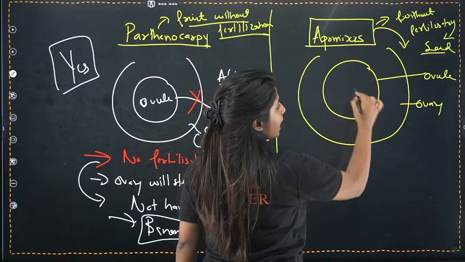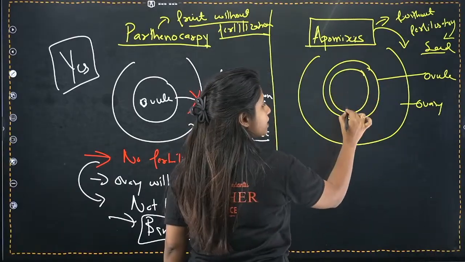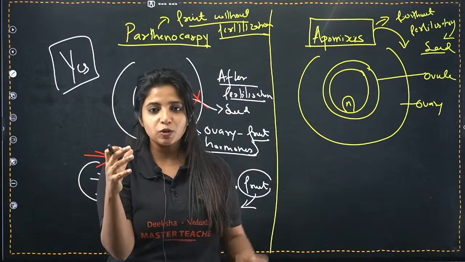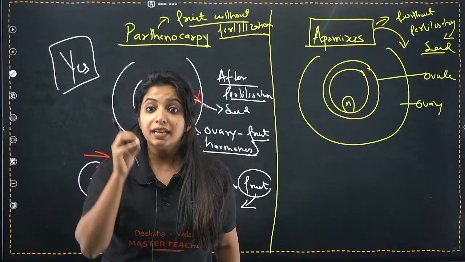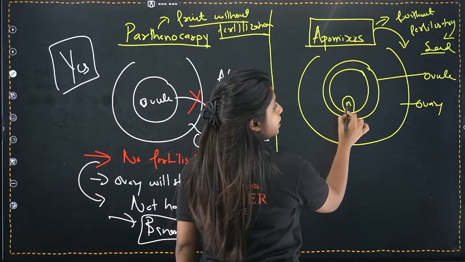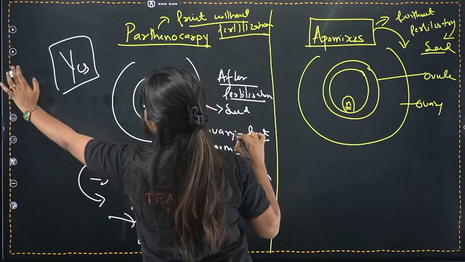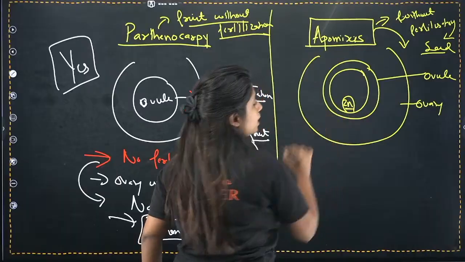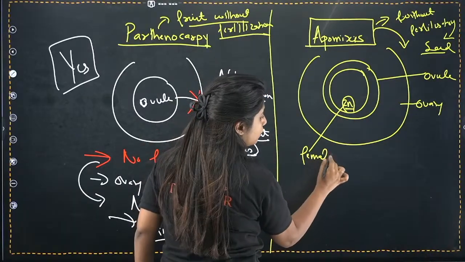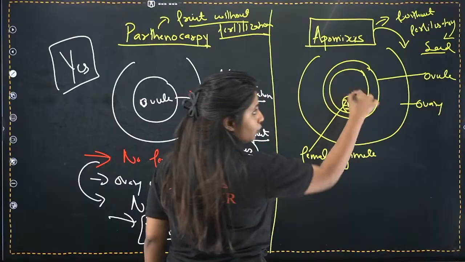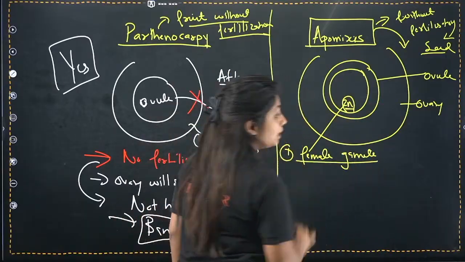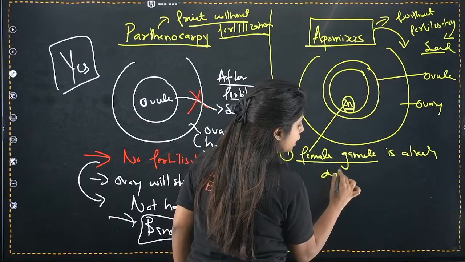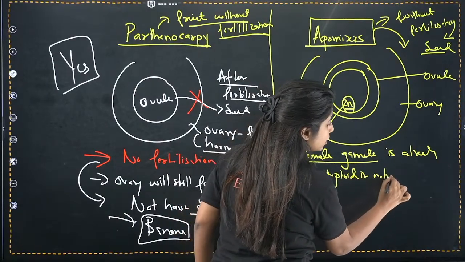So listen to me. Inside the ovule, I said there is the embryo sac. Inside the embryo sac, you have what? The female gamete. The female gamete is usually haploid in nature. Then the male gamete comes, that is also haploid. Haploid becomes diploid. But in some conditions, there is not a haploid egg over here, rather it's already diploid. The cell over here is already diploid. Now this is one way, okay, there are multiple other ways that an ovule can become seed. This is one way. The female gamete is already diploid in nature.